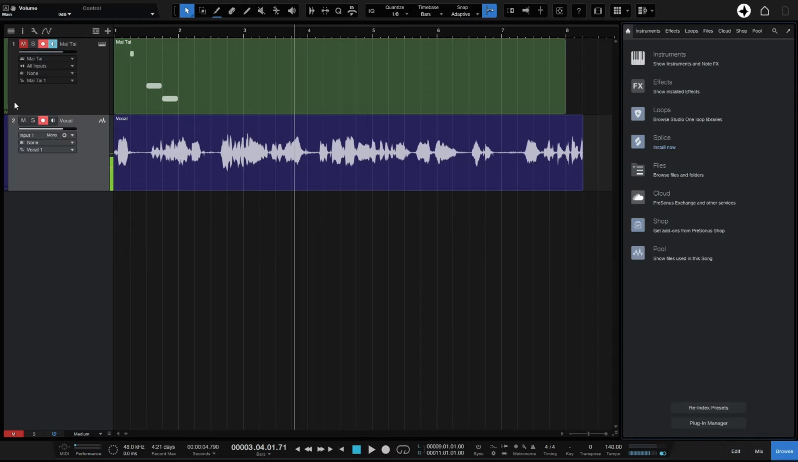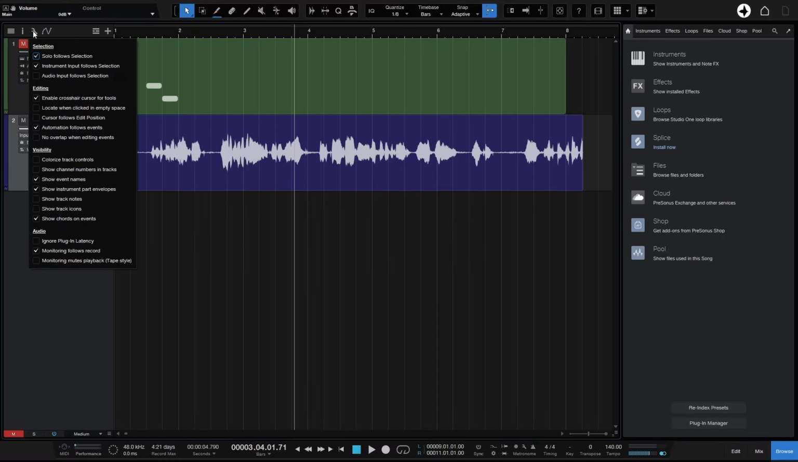And we'll actually come back to the track column because I want to mention this wrench icon. If you're coming from another DAW and you're a little bit frustrated that Studio One behaves differently and you want it to behave more like the DAW you're coming from, this wrench icon can be a gold mine full of settings here. So for instance,